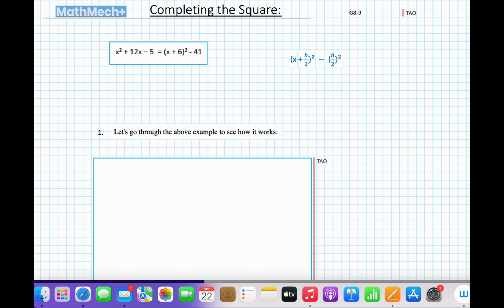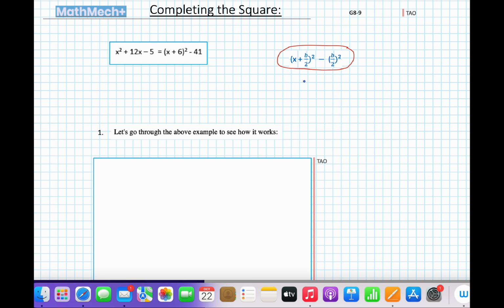Following on from our geometric proof on completing the square, we're going to look at a simple example. The answer is here as well, it doesn't make a difference. We're going to see how it works, and we're going to have a look at our little formula here as well. So we have a formula that's basically derived from that proof. And keep in mind what we're dealing with here. x plus b over 2 is referring to our initial coefficient and